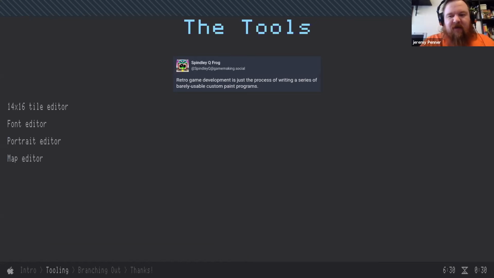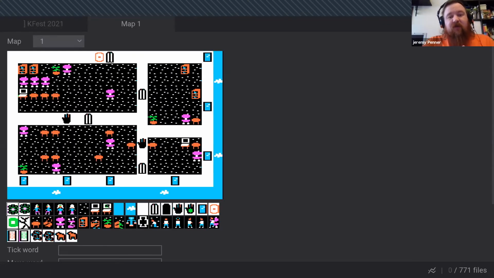And then the most useful tool, and the most involved tool, is the map editor. As you can see, here's the first level of New Tower again, and you have all of the different tiles available. And yeah, I can draw that, I can fill this room with sky or whatever. And that's nice as far as it goes. I had that in DOS with my Forth system, but I really didn't have a way to take it to the next level and define where the objects were in the level, the custom behavior